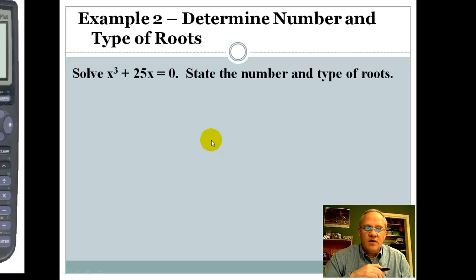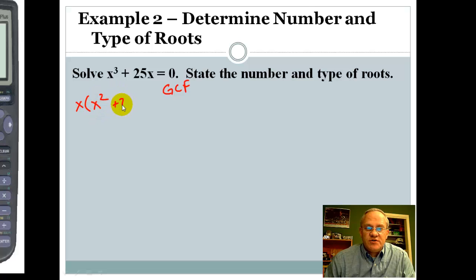All right, how about this one? Now you look at this, you go, whoa, okay, well this is not a trinomial. I can't do it the same way I did before. But remember, there's always one thing that we always look for first. We always look for GCF, right? Well, if you take a look, you go, hey, they both have an x in common. Let's take out a GCF. So the GCF is x. We take out x. We have x squared plus 25